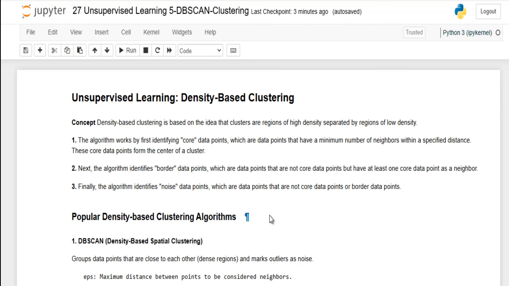All right, welcome back again. So we have to look at another type of unsupervised learning algorithm called density-based clustering. Now, when I say density-based, there are different types of density-based. So we are going to look at them briefly, and then we are going to focus on one particular one for now. And density-based clustering is actually based on the idea that clusters are regions of high density